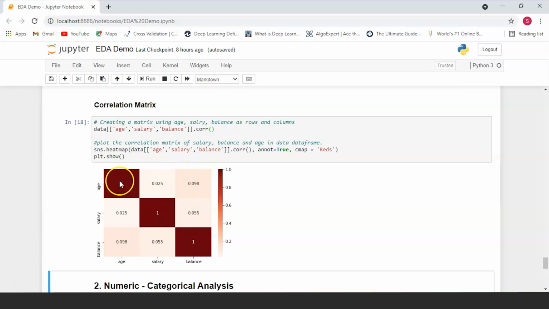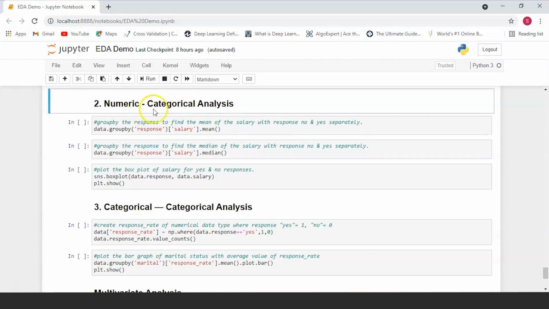Values which are more correlated to each other are going to have a darker shade, and you can see this by the color palette which is shown to the right. So by this you can see that the two variables which are most correlated to each other, or which most affect each other, are age and balance.